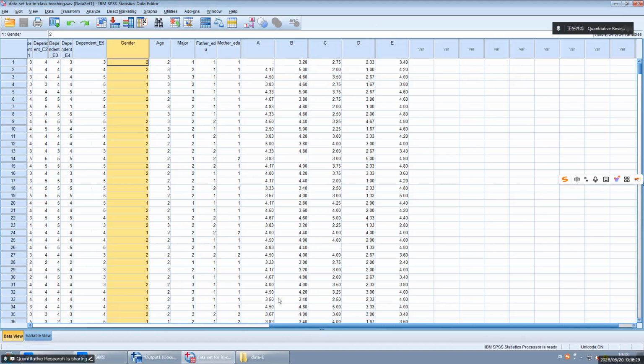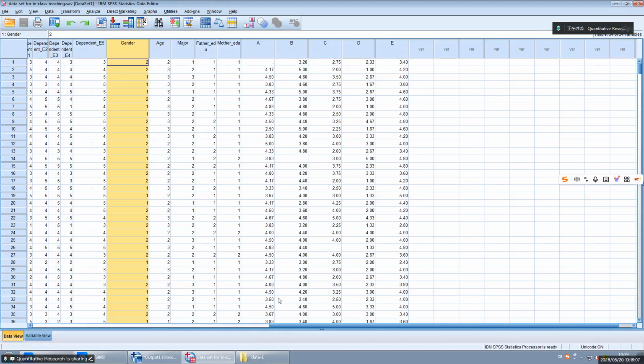Otherwise, the software will think 2 is higher than 1. But in here, female is not higher than male. So if we do not treat it in a special way, the data analysis will generate misleading results. That's why.